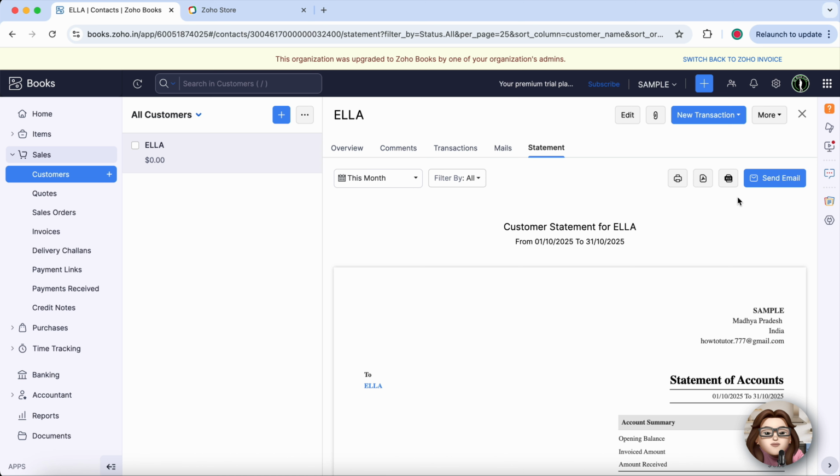That's it. You've successfully generated a clear and professional statement of accounts in Zoho Books, helping you stay organized and